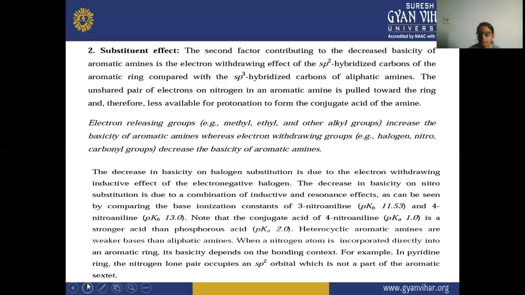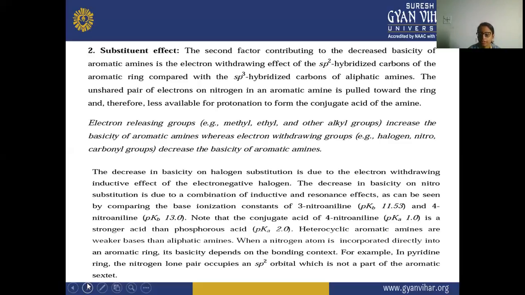That is why the sp2 hybridized carbon in the aromatic amine shows the electron withdrawing effect, and the unshared pair of electrons on the nitrogen in an aromatic amine are pulled away from the nitrogen and towards the ring,